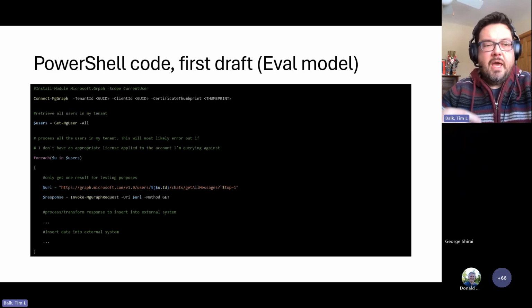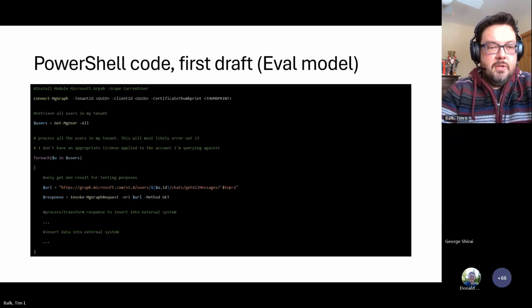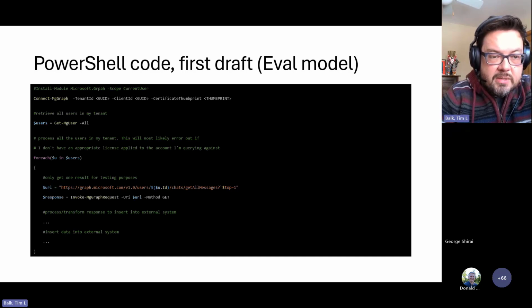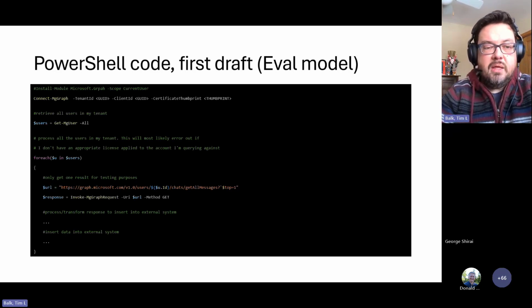Then I'm using a foreach loop on each of the items in this collection of users to get one user at a time and then run the Graph API call against that single user. Now this will get a list of messages. This will get multiple responses because I'm not sending in the